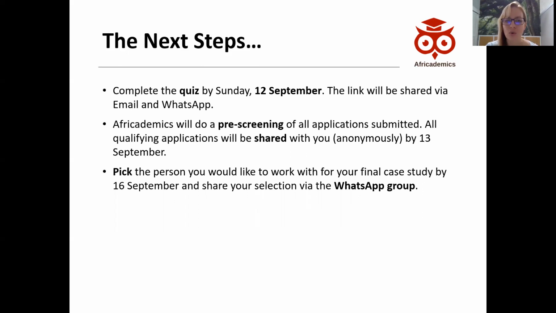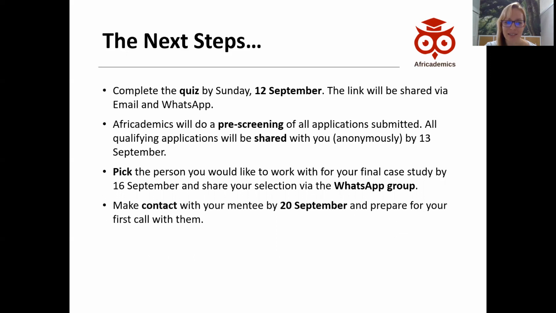And let us know which candidate you've selected via the WhatsApp group. They will be numbered, so you just post there, "I will be working with candidate number, whatever," because obviously only one of you can work with one candidate. So first come, first served. Once an applicant is taken, they obviously can't be taken by another ambassador.